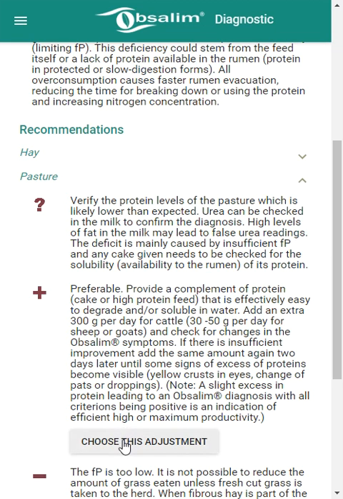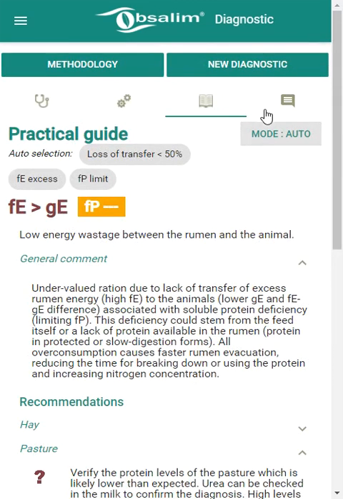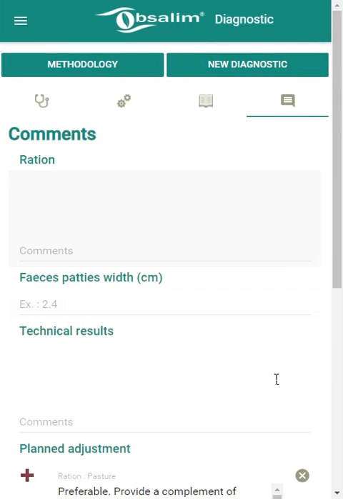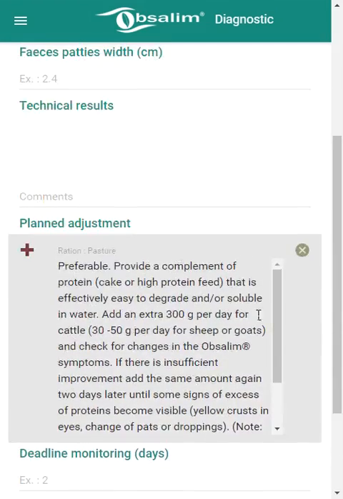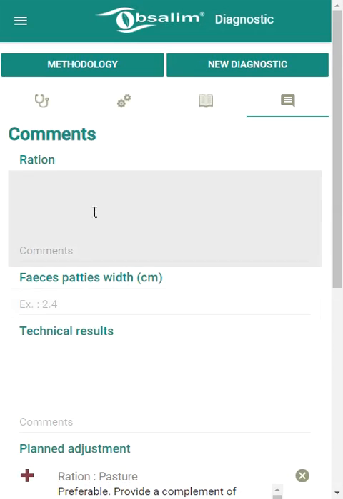So we can choose this adjustment, and this will appear in the notebook. We can access the notebook now. So we can check that our adjustment is here, and we can also give the ration.